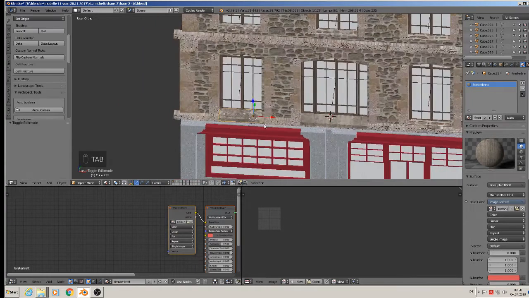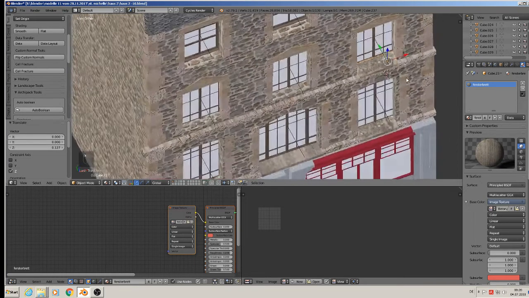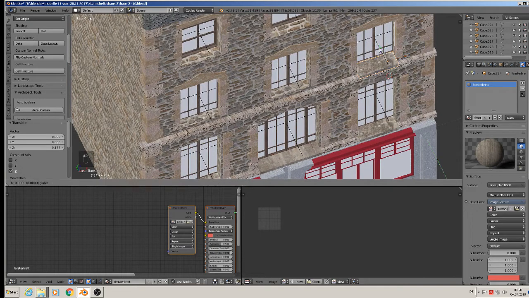That can be it. Shift D, place it there, and Shift D, place it top there. And Shift D,